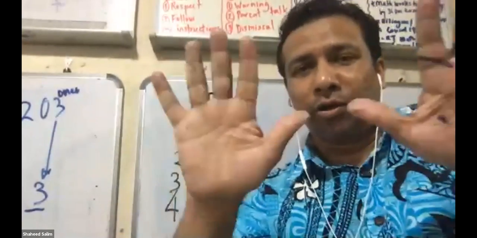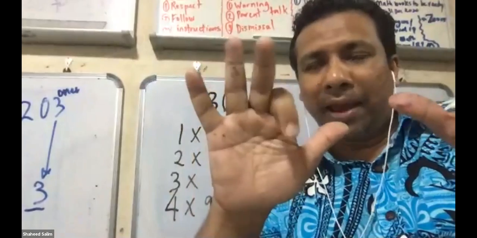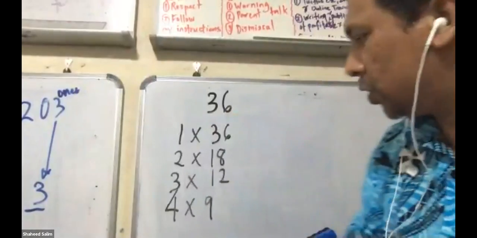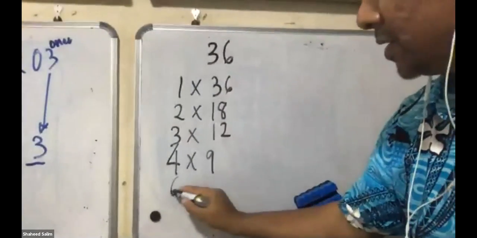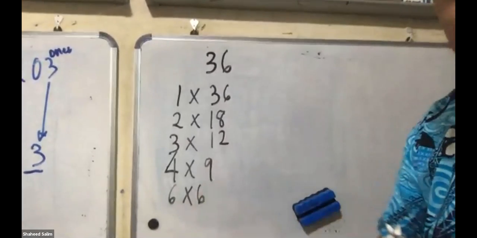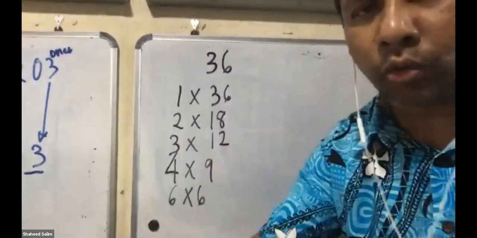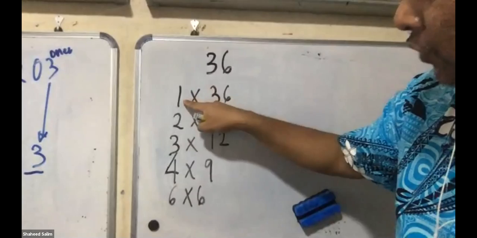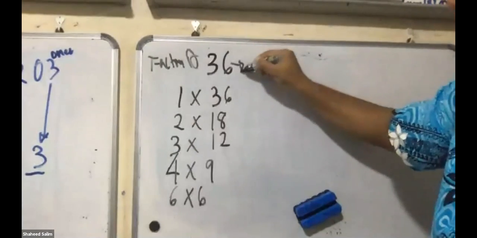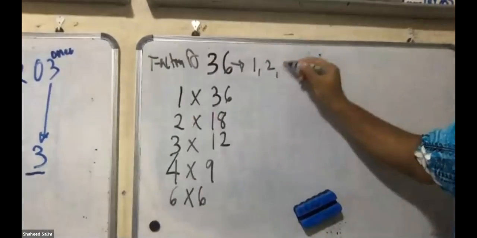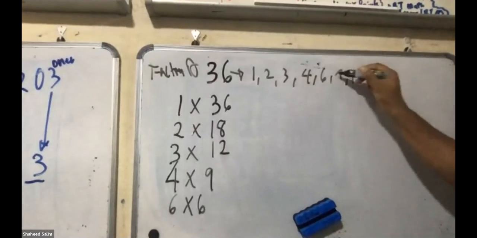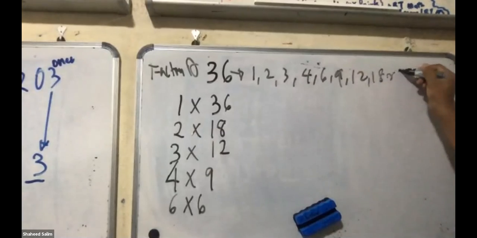Umaira, you know the 9 timetable using your finger, remember? 1, 2, 3, 4. You bend your forefinger. Can you see? 36. Okay, later we'll learn this. So 36. 5 cannot, 6 can, 6 times 6. You don't need to go to 7. Once you have the same number, you don't need to go further. So let us look at the question. These are the factors of 36: 1, 2, 3, 4, 6, 9, 12, 18, and 36.